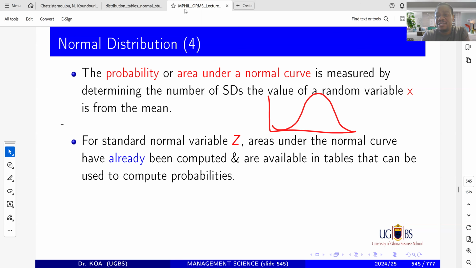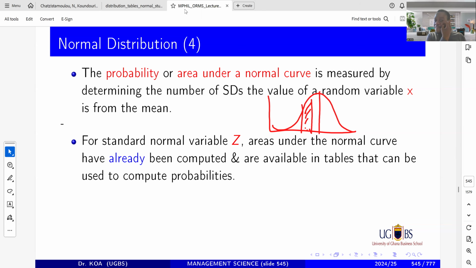Of course, you know everything is 1. The area is 1. Half of it is 0.5. The other half is 0.5. But how do you find this section here? Just this section here. Okay, how do you find that? It's not easy. The whole bell shape itself is shaped in a way that doesn't make it what you normally know. Even though so many things in life are normally distributed, many people don't know that this is how it looks.